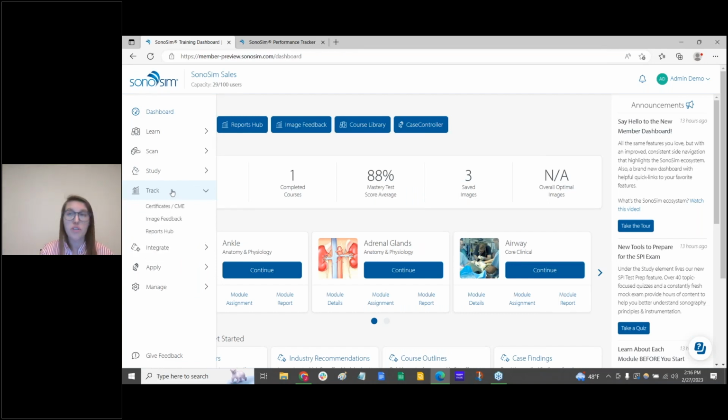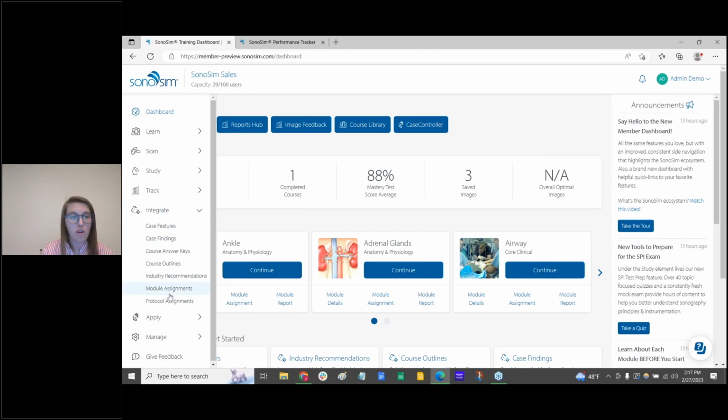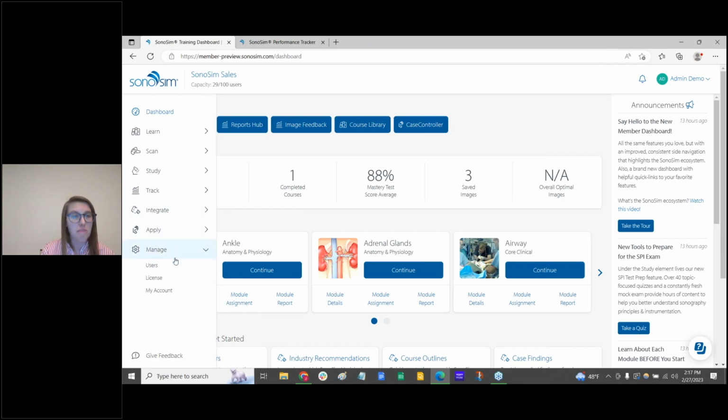So your performance tracking tools are all under the track element. Again, image feedback is here. Your reports hub is here. The curriculum integration tools are all under integrate. And then manage users is under manage. So all of the features that you know and love from performance tracker are still here, but again, hopefully they are more logically grouped. The last thing I'm going to show you under the track is the reports hub,